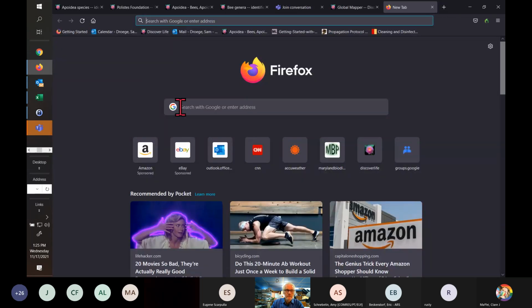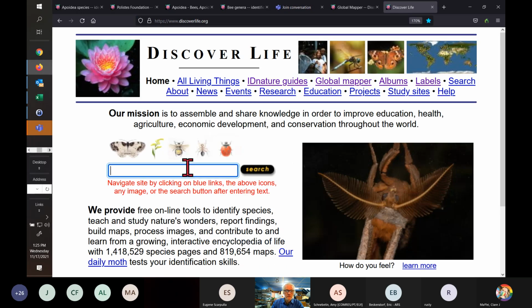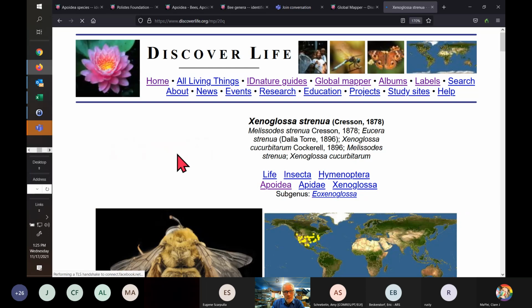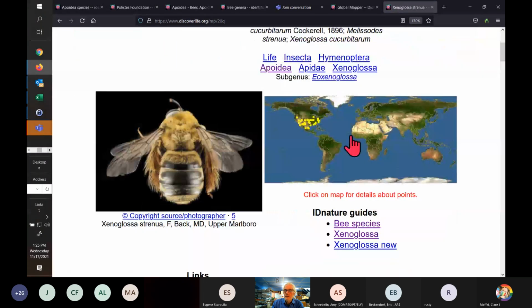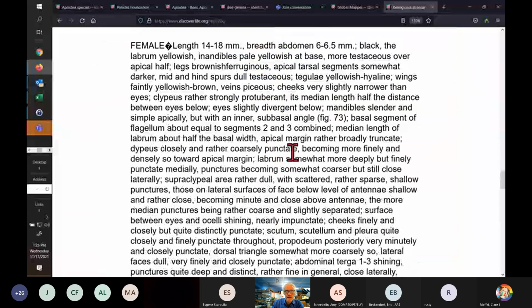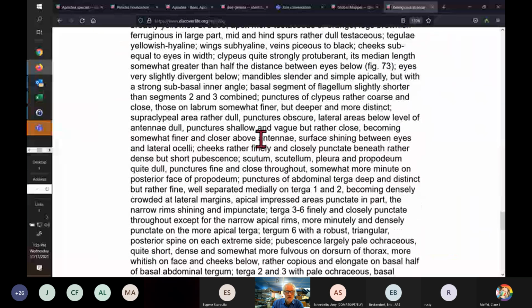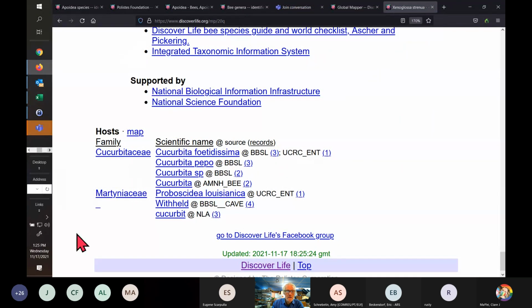So if you go to Discover Life, let's just look up Xenoglossa strenua, and go to its page. They all have pages, whether there's something there or not, hard to say. And if you scroll down far enough, you will see there's the descriptions based on whatever material we can get a hold of. But down here is information about